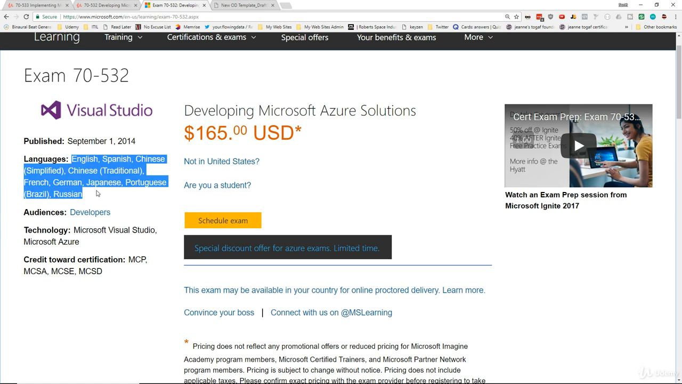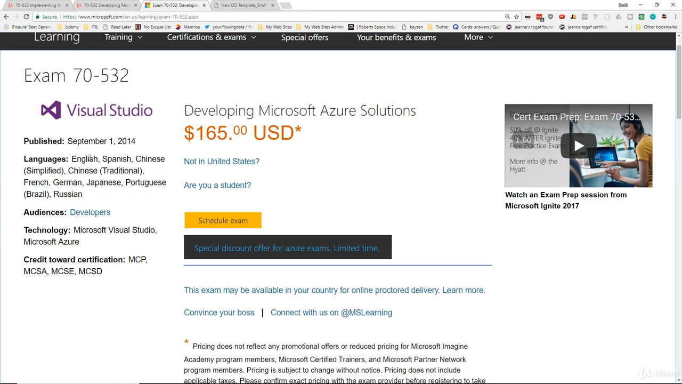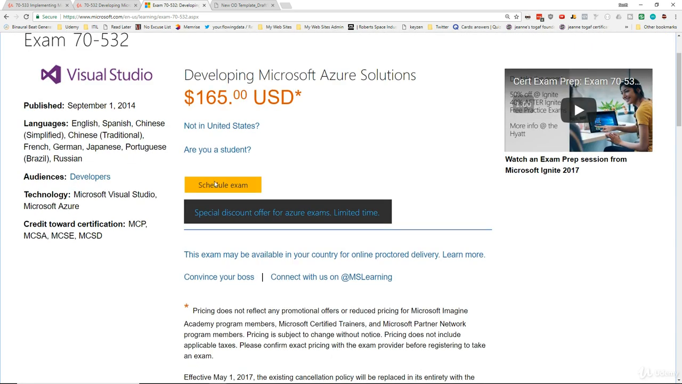The exam is offered in multiple languages, so of course, hopefully a lot of you will be taking the English exam since this is an English course, but you can also choose to take it in Spanish, Chinese, German, or any one of these listed languages. It's fairly easy to book the exam. You click this yellow Schedule Exam button, and a new website will open up, and you register, and you can choose a testing center, a physical testing center that is in an office close to you within the city where